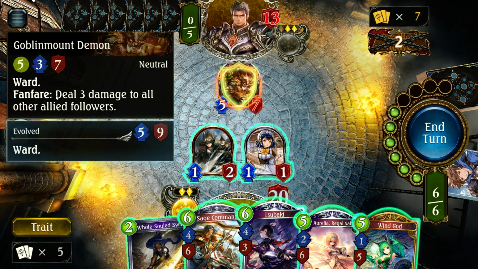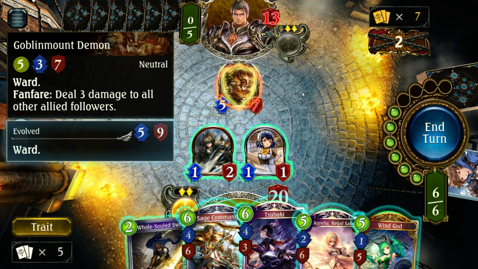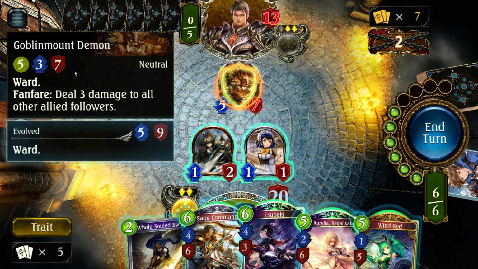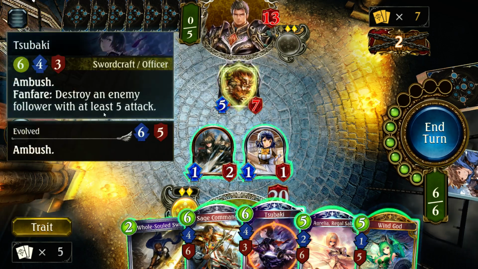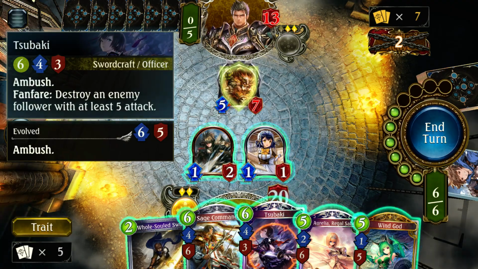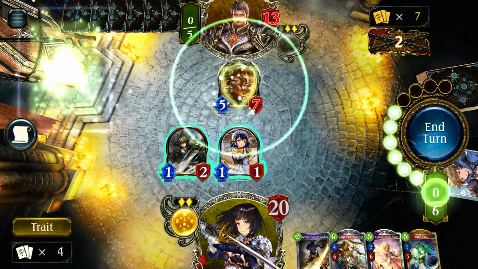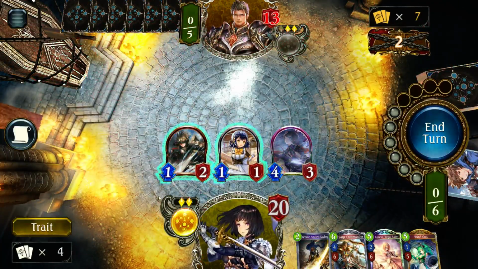Since it's such a strong card, it has to have a downside, so it deals 3 damage to all allied followers, so you can only really play it on an empty board. So this card is ideal for playing on an empty board. Fortunately for him, I've got Sabaki, whose fanfare is destroy an enemy follower with at least 5 attack. So I'm going to play this, click on this, and it will kill it. So lucky for him,